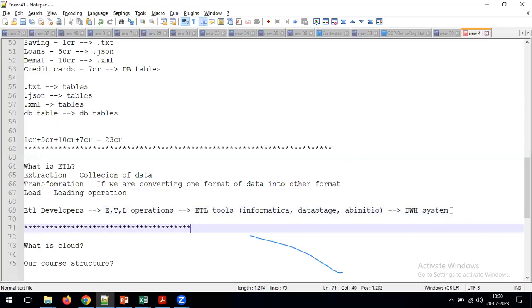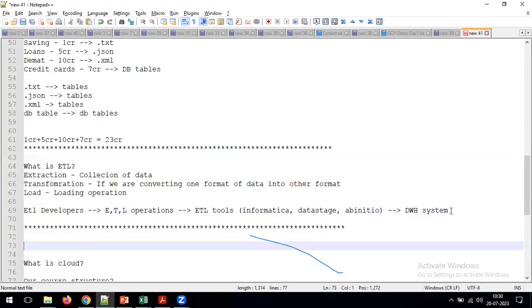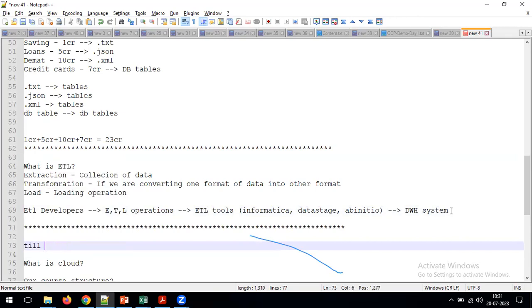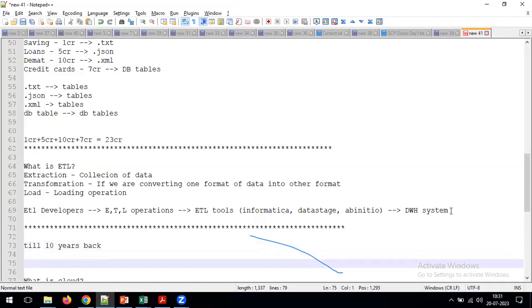Okay. Whatever information we discussed so far about the data warehouse is the trend that happened until 6 to 7 years back, or I can say 10 years back. Now also the same trend is happening in some real-time projects, where ETL developers use the ETL tool to build the data warehouse systems. But nowadays, instead of using ETL tools, we are going to use the Hadoop stack. So in the real-time process, now we are going to use the Hadoop stack.